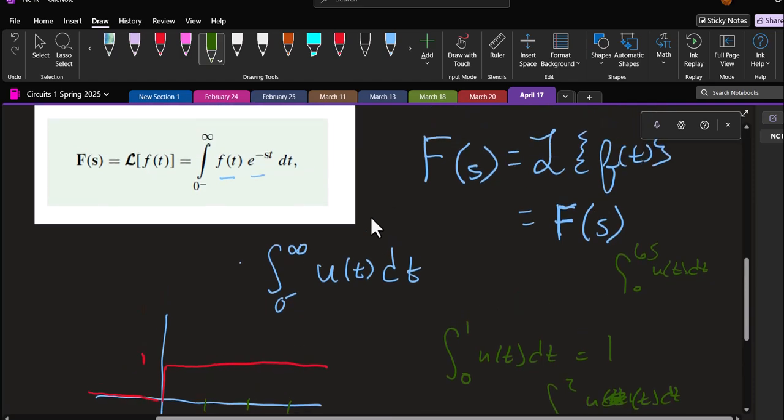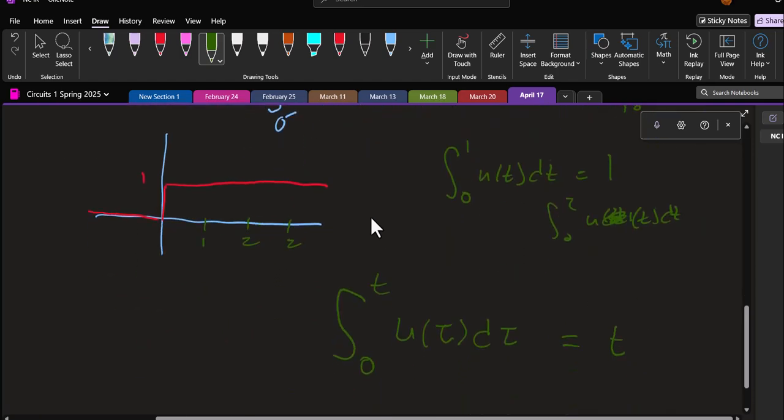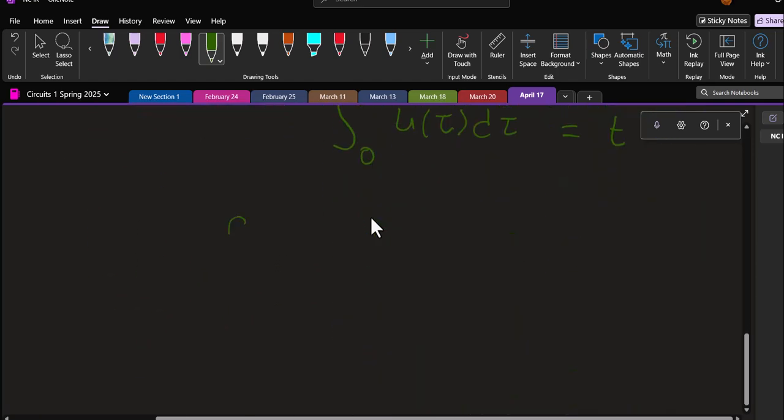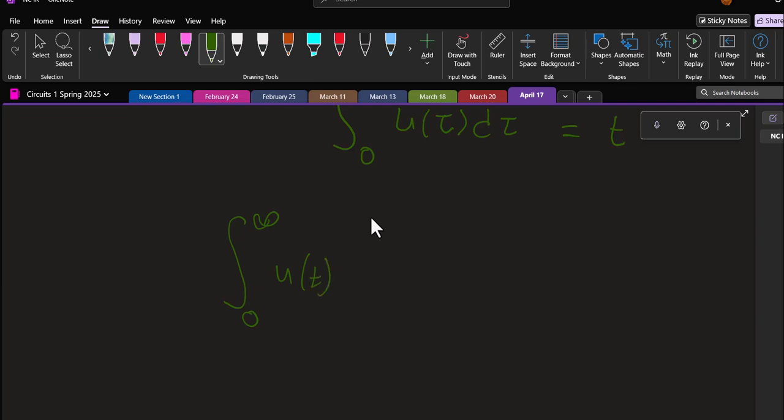And so if I take the integral from 0 to infinity of the unit step function times e to the minus st dt, what I get is